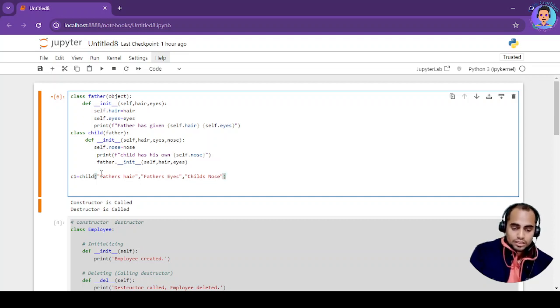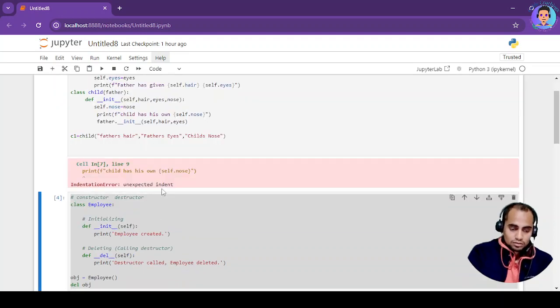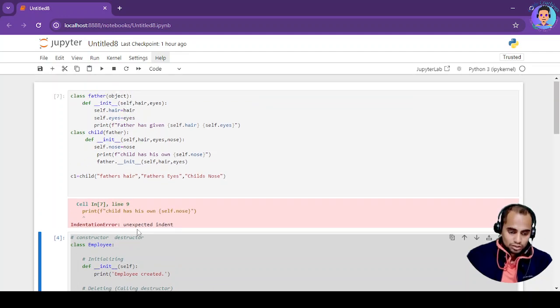That's how I will be writing. And then if I execute it, print. Okay, what is happening over here? Unexpected, what happened?